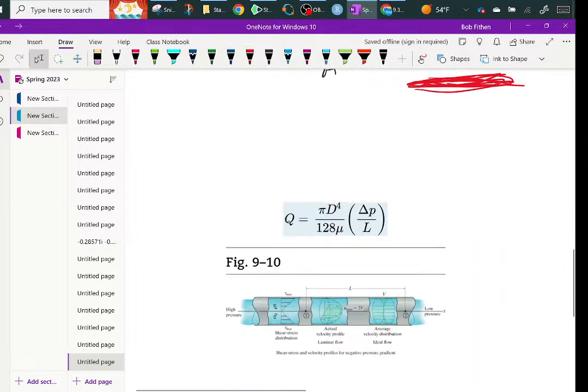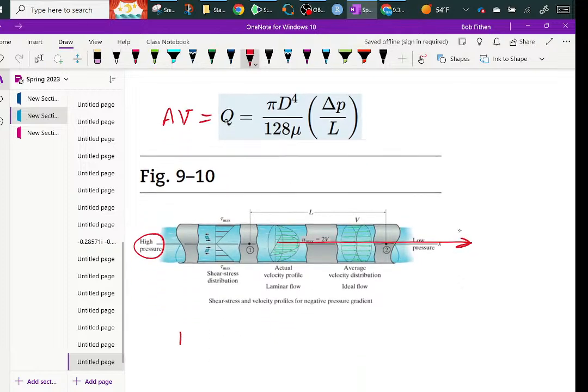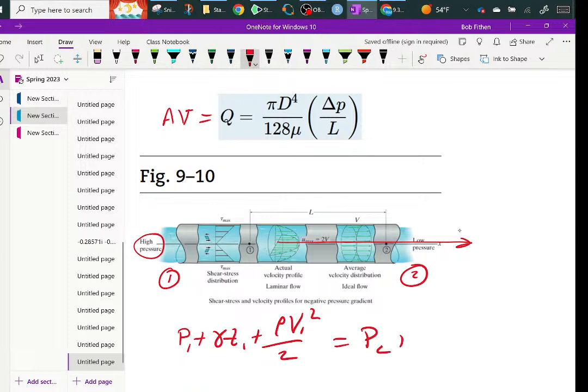So he says like this, right? So Q is equal to AV. Here's what he's actually saying. Consider this to be like a straw you put in your mouth. You put high pressure here and low pressure down here, you're going to get velocity coming out of here. Let's write Bernoulli's equation between those. I'm going to label this 1 and this 2. P1 plus gamma Z1 plus rho V1 squared over 2 is equal to P2 plus gamma Z2 plus rho V2